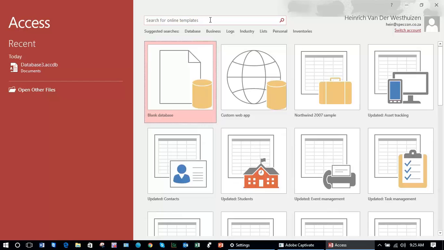There is also the ability to search for online templates. So if there is a particular application that you're looking for, it is not part of what Access typically gives you. There are a lot of online content creators that make available sample or real databases on the internet, and you can go and search for them using the little search box at the top. So for instance, if we want to go look for a time tracker,